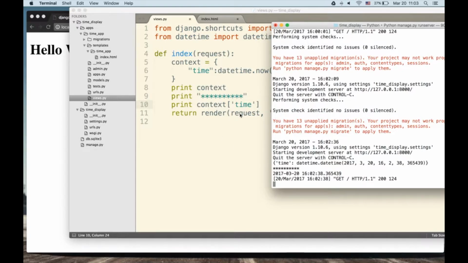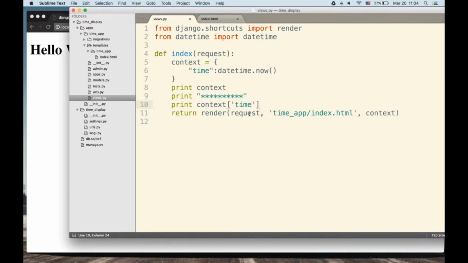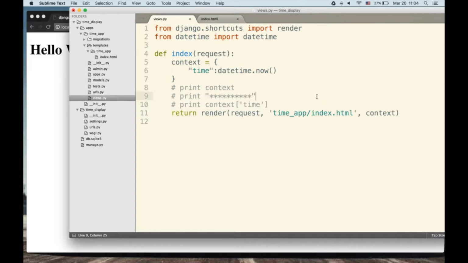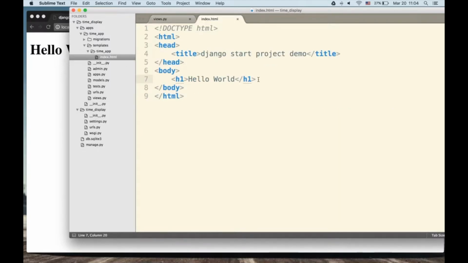But now we print, this is a funny thing, we printed the time key of context, and you would think that it would give us this, but Python actually interprets that line into something that makes a little bit more sense. So that looks more like a date, that looks more like a time. Okay, anyway, so we got what we want. We're gonna pass that to the template file. So let's now go to that, and in here